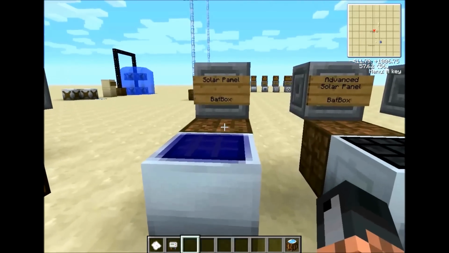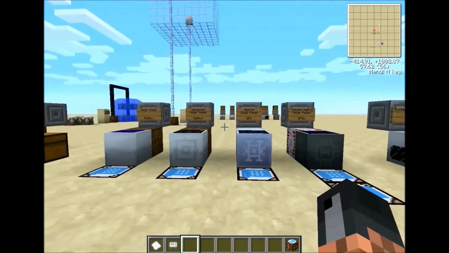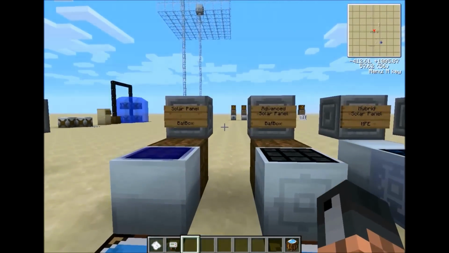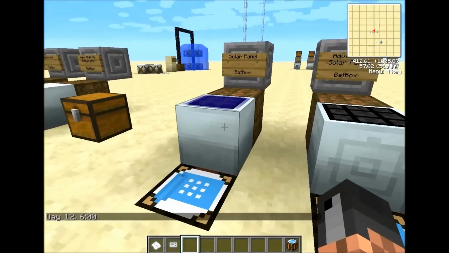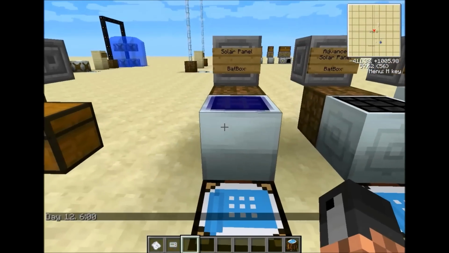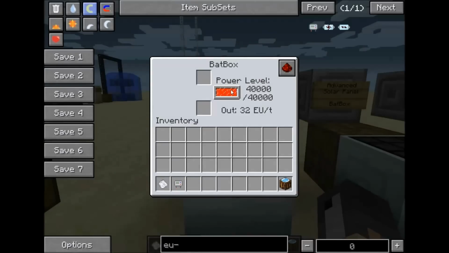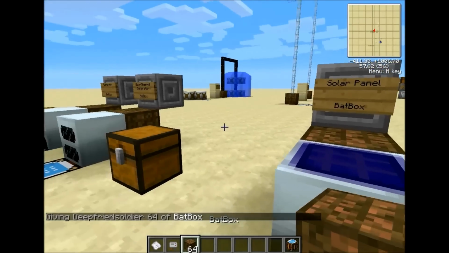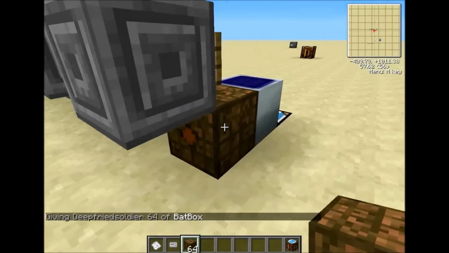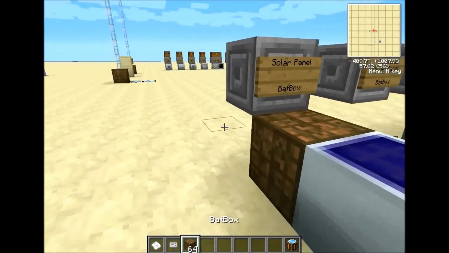Now, what a lot of people work towards, and has been made a bit harder by GregTech, are the solar panels. There are 4 different types of solar panel, but the 2 that most people deal with are the basic and the advanced. The basic simply powers when the sun is on. You can put items in here to charge, and I've had this here a while, so it has actually filled the bat box. But as you can see, it charges fairly quickly. That is not as quick